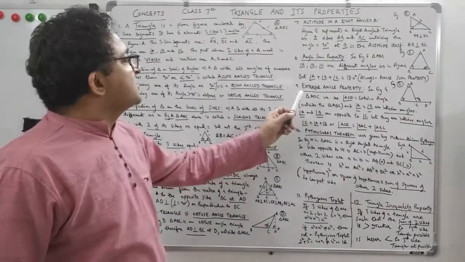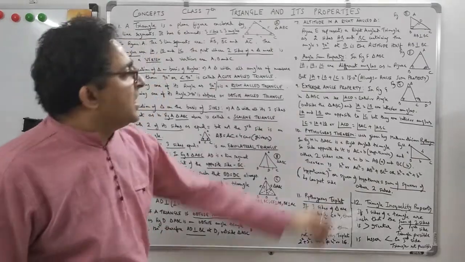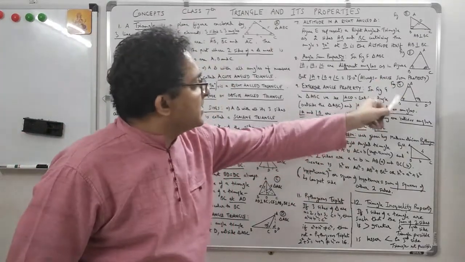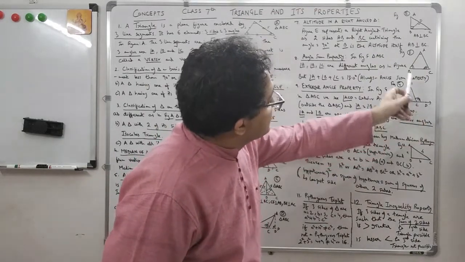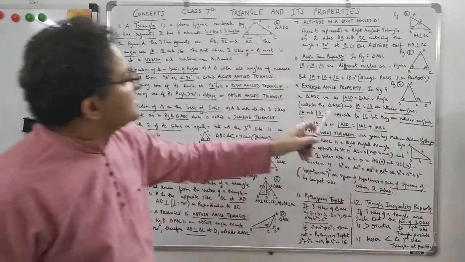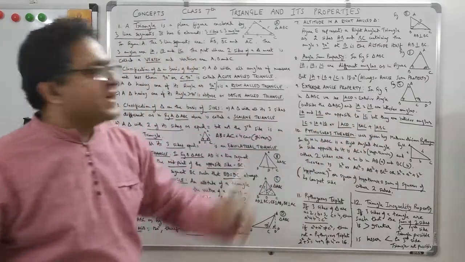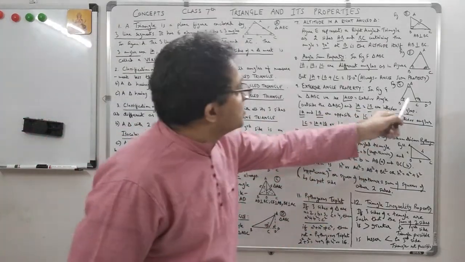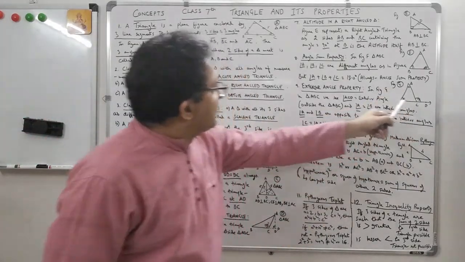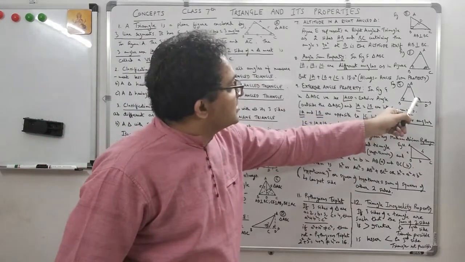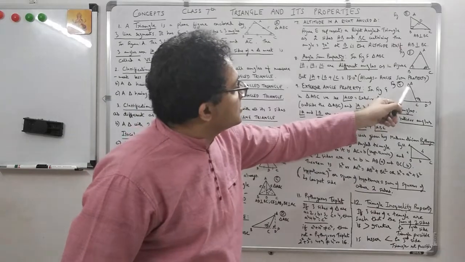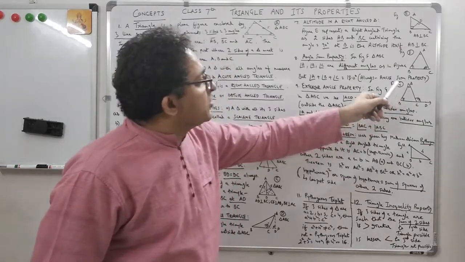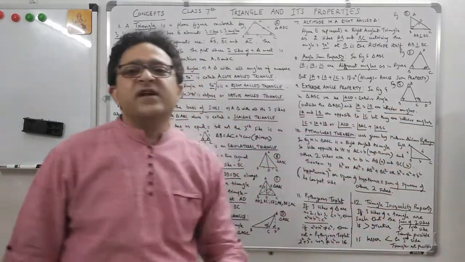Now we go to the exterior angle property. See, I made figure G here, again triangle ABC. I extend this and take it to the point D, such that angle ACD is an exterior angle. Any angle which is outside the triangle is an exterior angle. So you see angle ACD. Angle C has 3 dashes, angle B has 2 dashes, angle A has 1 dash, which means I am denoting that angles A, B and C are different angles.